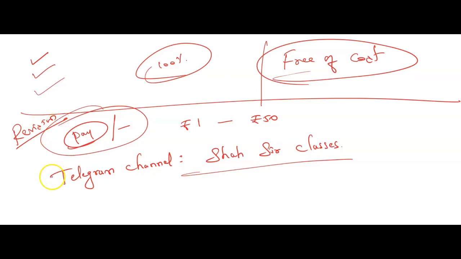This revision we are doing for the entire chapter. We are covering the entire syllabus. We are not going to leave any area. We are going to cover each and every point. That's what we are going to charge you for. In case you want the chapter Electricity, then you have to pay ₹40. It's only a one-time payment. Maybe I will take 3 to 4 days or 5 days, whatever the days I take, you are not going to pay every day or every time. Only a one-time payment of ₹40. In this we are going to cover your entire syllabus. That's it, nothing else. I hope it's not so hard or tough for you to pay this amount and access the class.